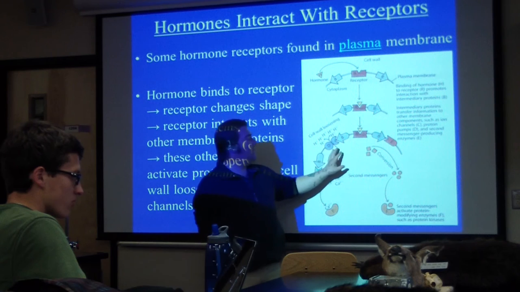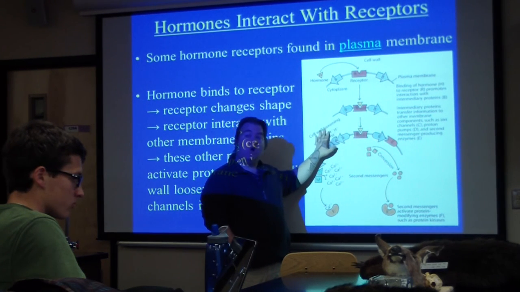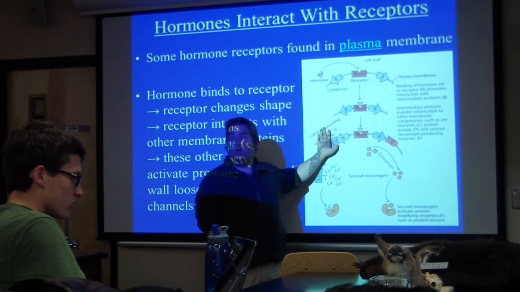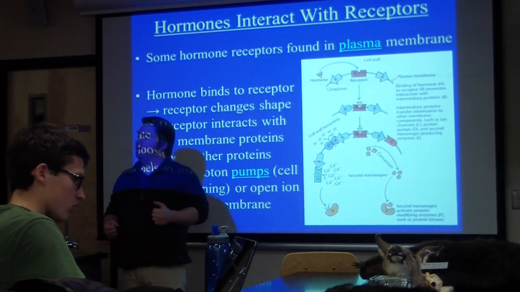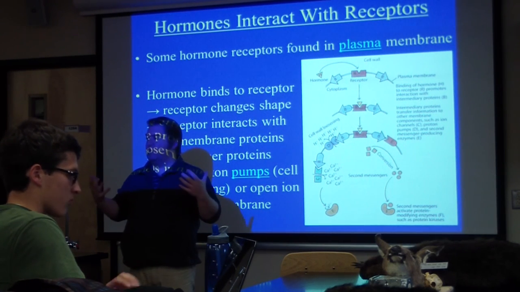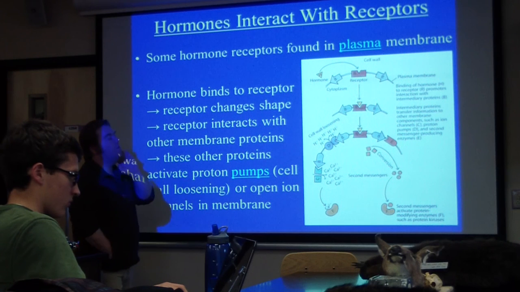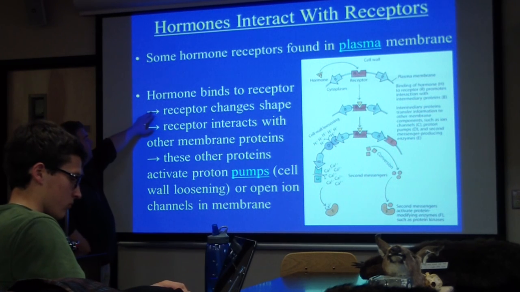Those protons now flood out in between the membrane and the cell wall, and it actually loosens up the cell wall. And we're going to see that that's really important later on in terms of different shape factors and morphogenesis factors. So we'll come back to that proton pump and the cell wall loosening a little bit later. So let's see how I've said it here. Hormone binds the receptor. Receptor